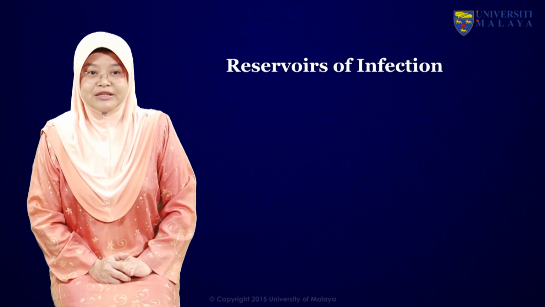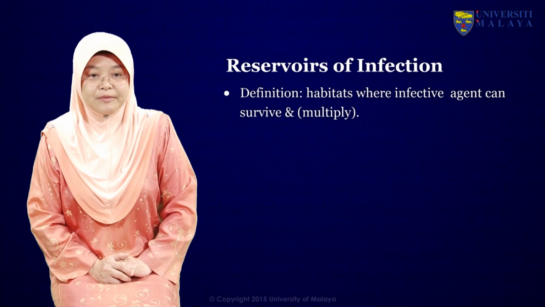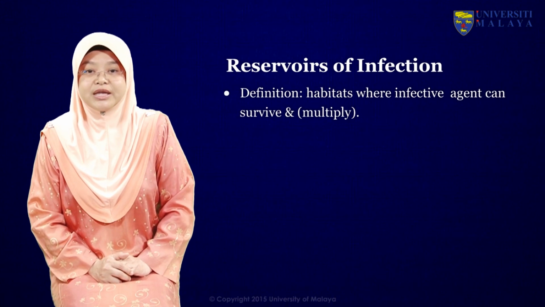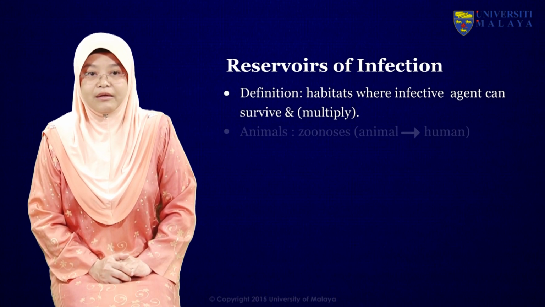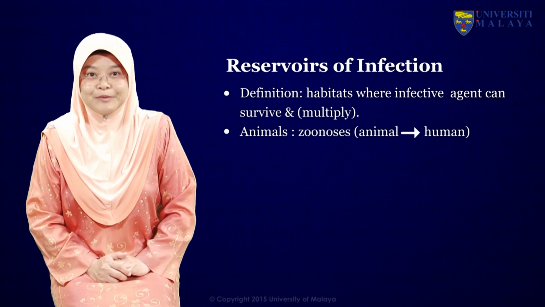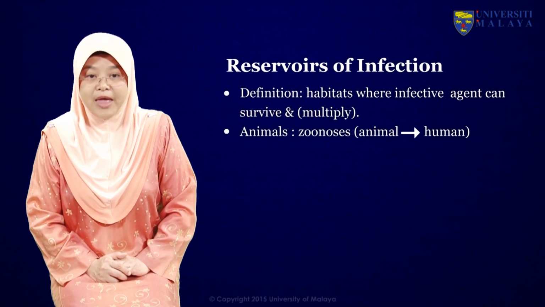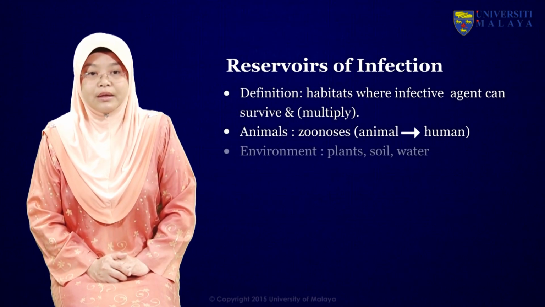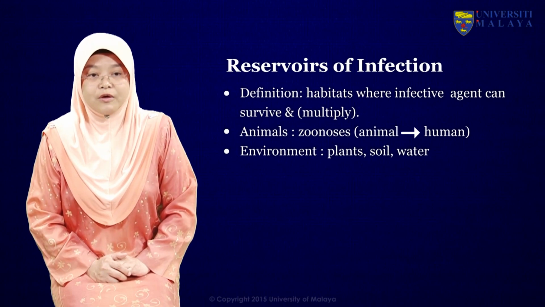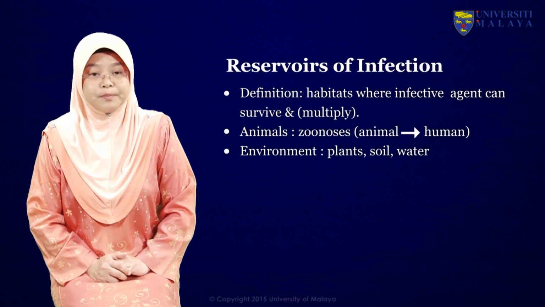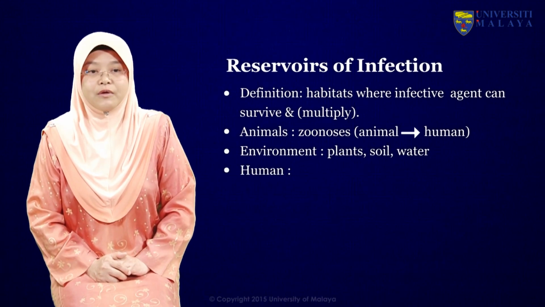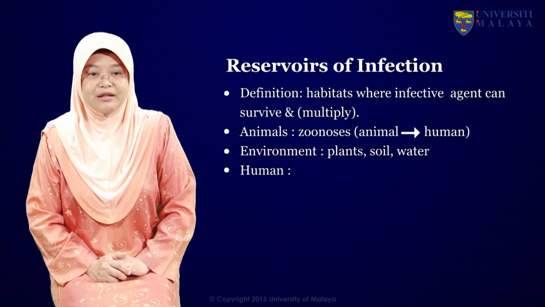Reservoirs of infection, by definition, are habitats where the infective agent can survive and multiply. For example, animals, and in epidemiology we call it zoonosis, where the infection is from animal to human. The second type of reservoir is the environment, such as plant, soil or water, and the last reservoir is humans themselves,